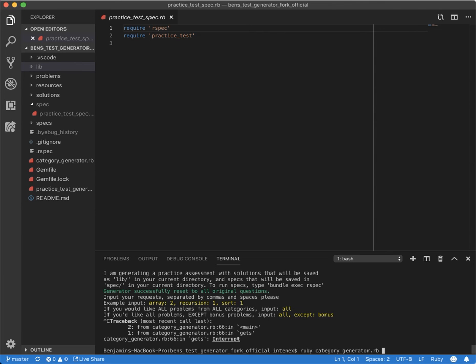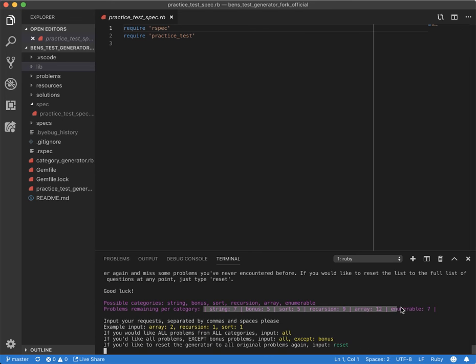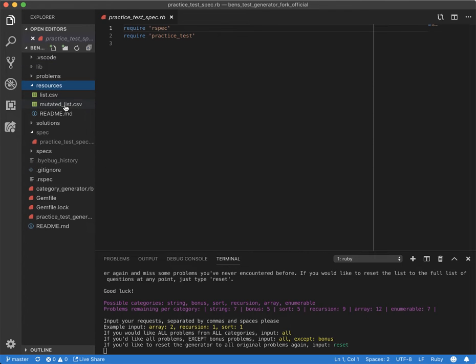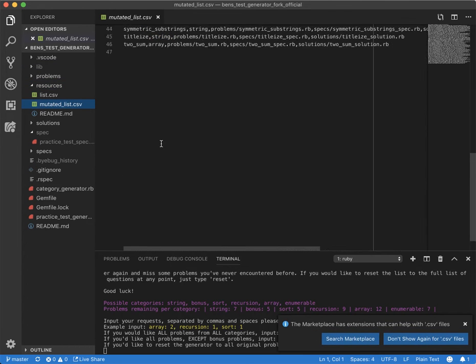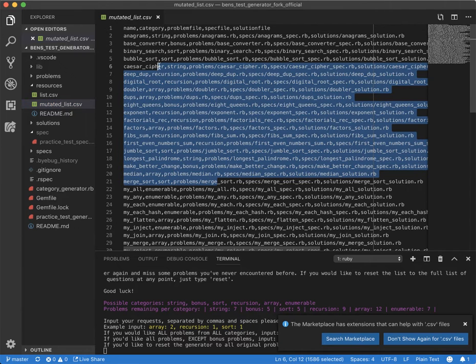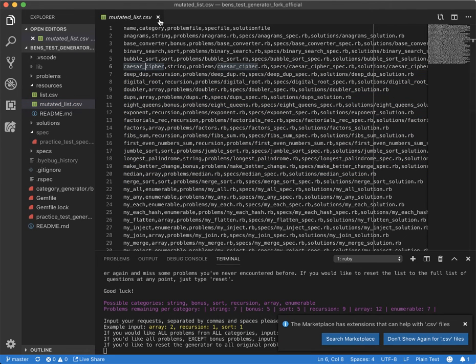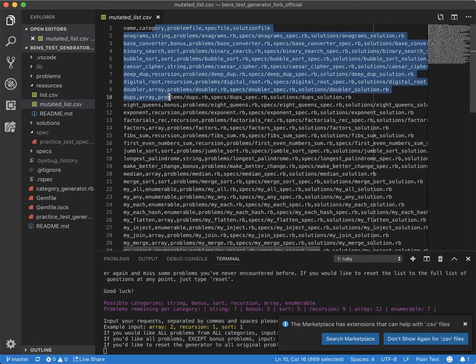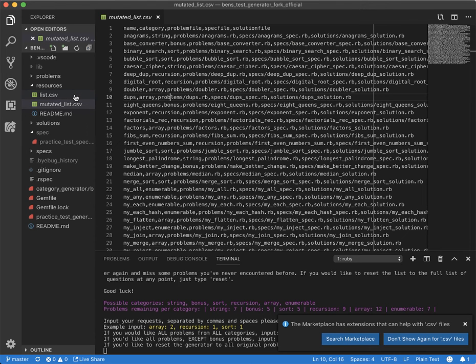And so now you can just type in what you want again, or you can exit out of this. Then we can go back to category generator again, and we can see here we have all the problems again. If you did want to see for yourself where these are coming from, go into resources. You can see this list of all the problems that it draws from. Visual Studio Code is not that great at actually reading CSVs; you can read this much more clearly in an actual Excel or CSV reader. But basically what the new thing does is it mutates this list over time as you